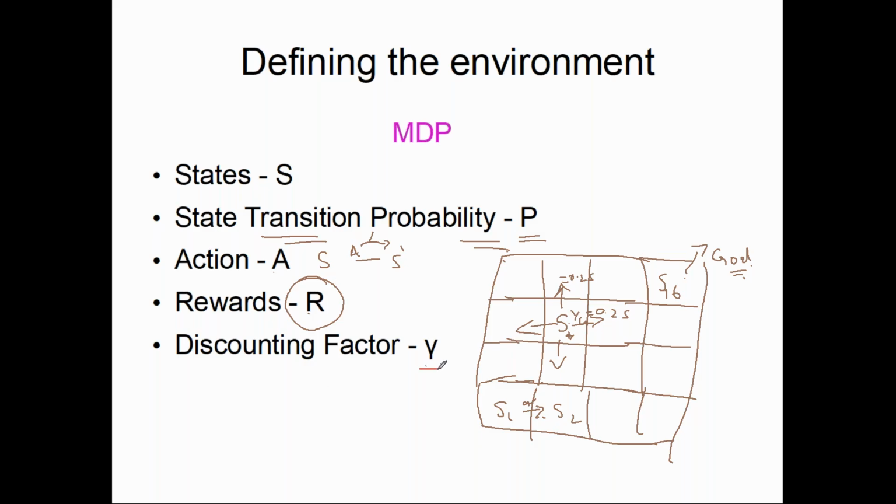Okay, let's talk about discounting factor. You are moving from state 1, state 2, state 3, state 4. In the process, you are getting rewards R1, R2, R3, R4. Let's take it the same way, rewards R5, R6, and then you are reaching the goal. So in the process of reaching the goal, R1 to R6 or R7, this is the amount of all the reward you are going to get. This is the total reward you get.